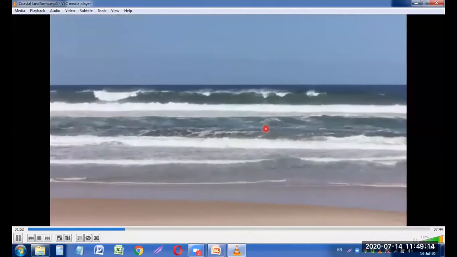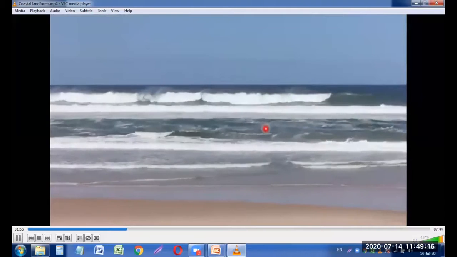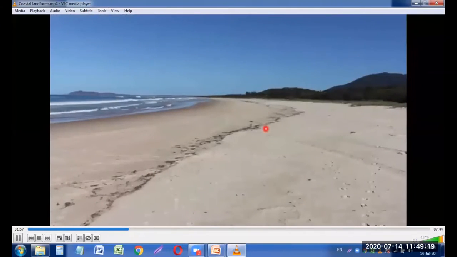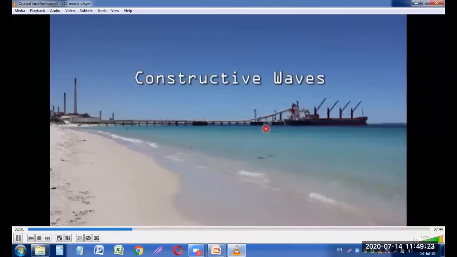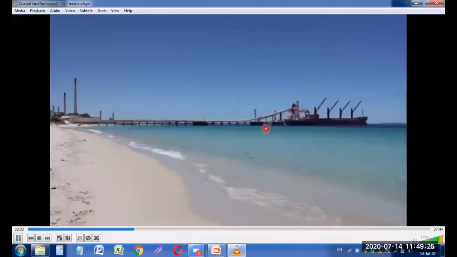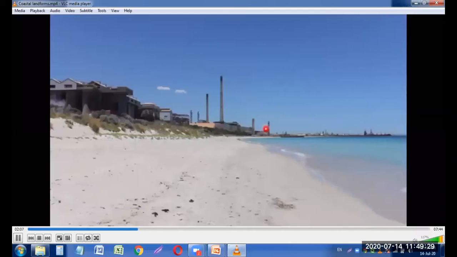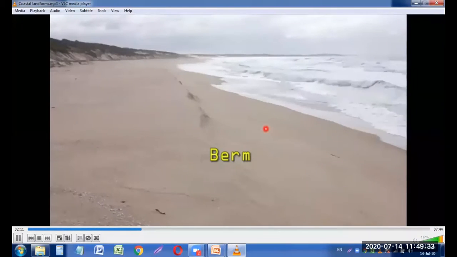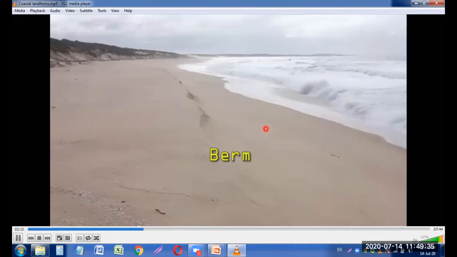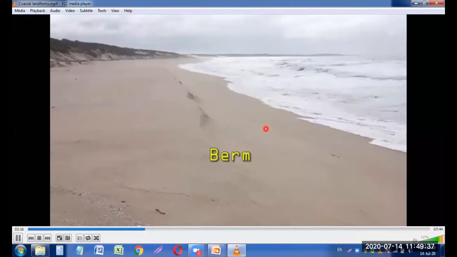Waves can either build up beaches or erode them. It is normal for beaches to have a summer and a winter profile. Smaller waves have a stronger swash than backwash and build beaches up in the summer. They are called constructive waves. The deposition of material by waves can form a sand ridge called a berm, which marks the edge of the swash zone.